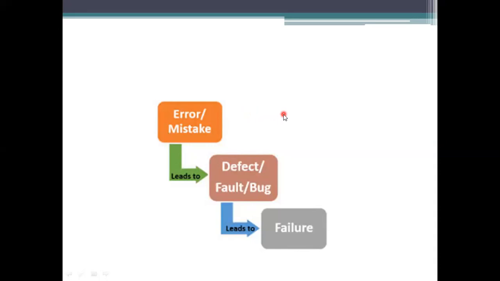Whether we consider beginners, naive users or intermediates, whatever type of users you consider, errors or mistakes are very common. What you have to do is not overlook these errors or mistakes. If you overlook all these things, they lead to the next level of issues. So the first level here is the errors, and the next level is the defects.